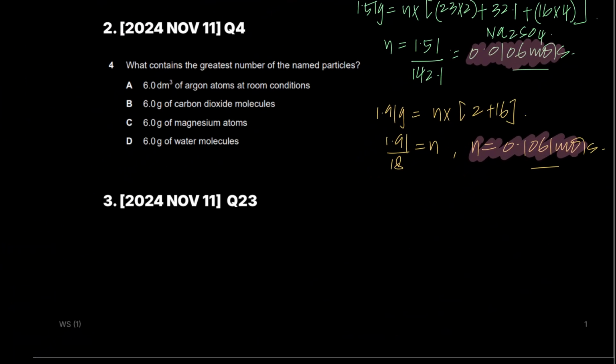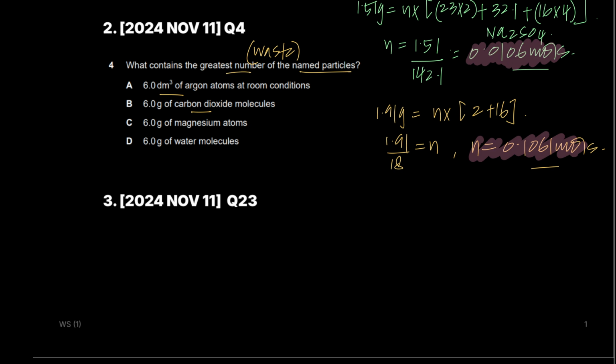Which contains the greatest number of named particles? So 6 dm cube of argon atoms. Now please understand, when you see such questions, please do not waste your time. Do not waste your time by calculating the particles. No. Unless, in this case he says carbon dioxide atoms, right? Then you can go for it, but even then I'd suggest not calculating the number of particles, because realize,